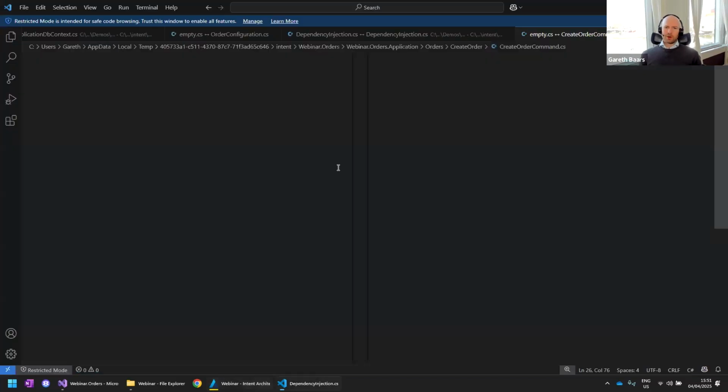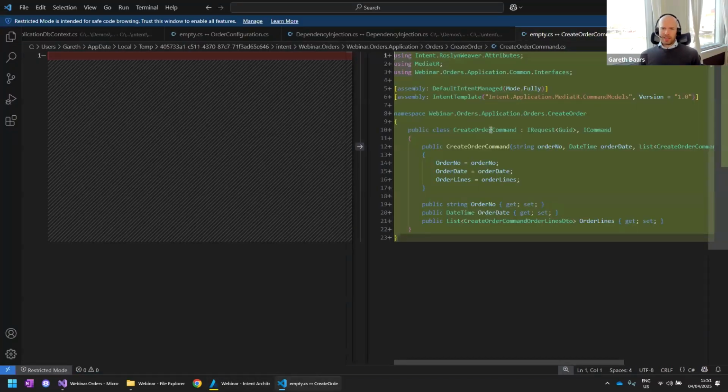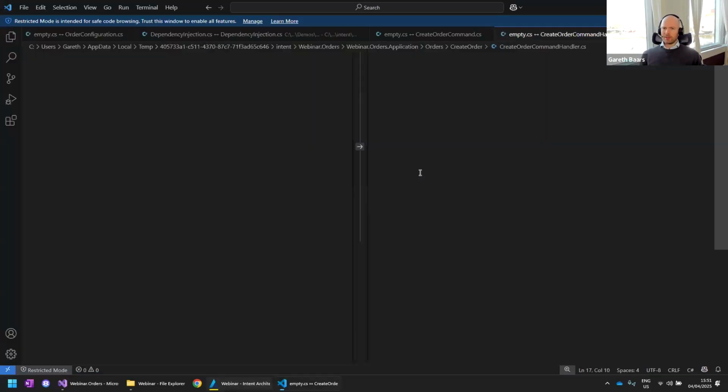So let's take a look at the create order command. You can see it's a very standard mediator-based create order command with an IRequest, which returns a GUID. It's got the ICommand interface on it. That's just to make sure that the unit of work patterns and things trigger correctly, if you're familiar with this architecture and the way that it's set up with the mediator. And you can just see it's got the payload exactly as we stipulated and a constructor out the box there for us. We can take a look at the handler for this.